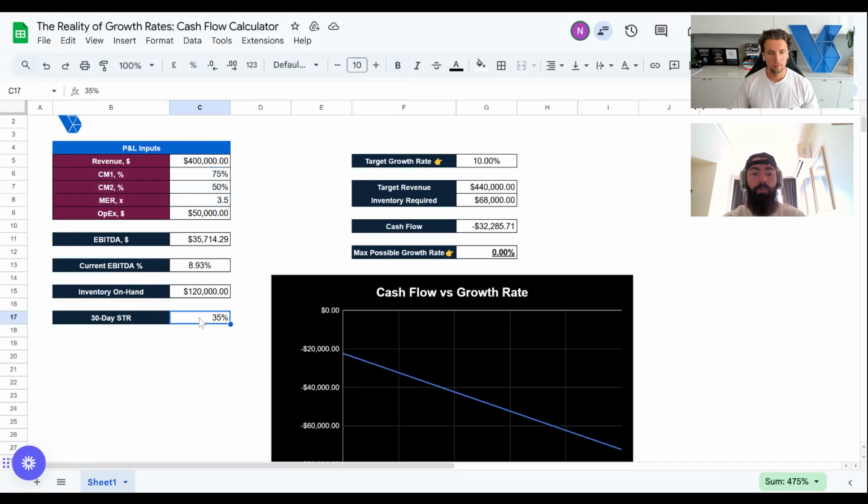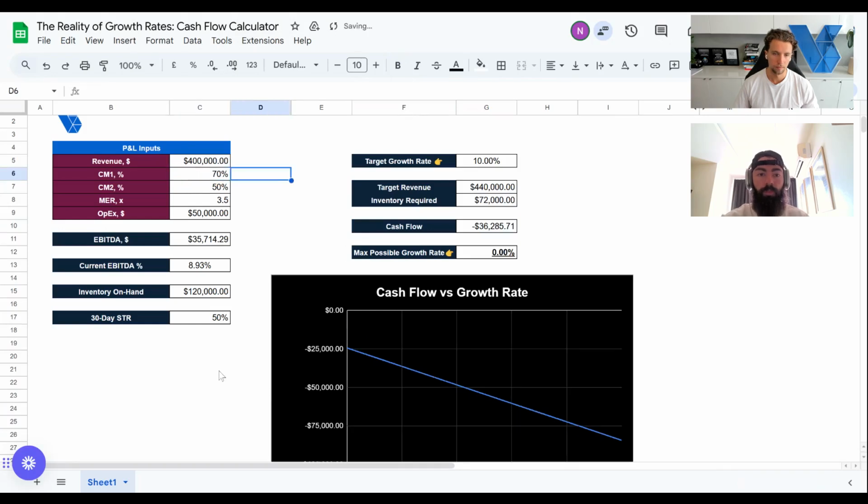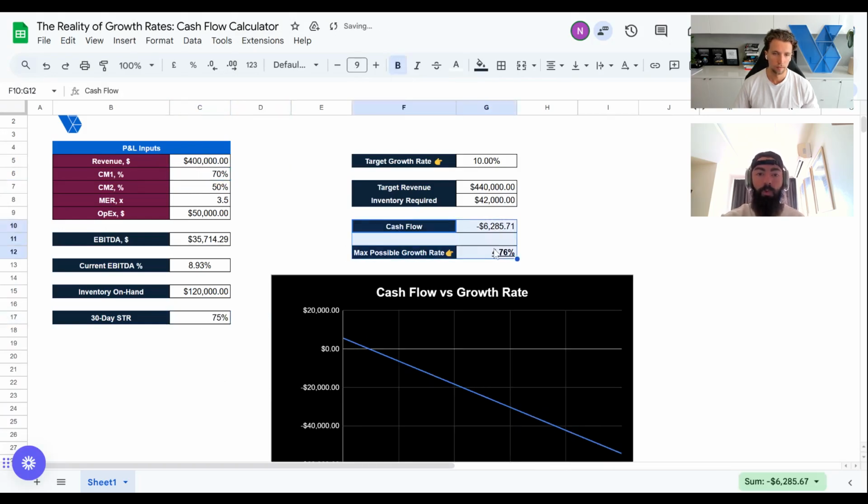Now, what happens when you start selling through more inventory that you have on hand? Let's say you go up to 50%. Now, again, you don't need as much cash flow to invest in inventory. So again, even if you have 70%, but you sell through most of your inventory at 75%, now we're getting closer to $0 commitment. Now, what Nathan also added is the maximum possible growth rate,